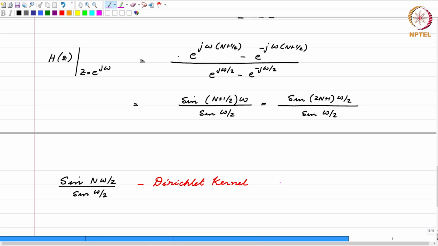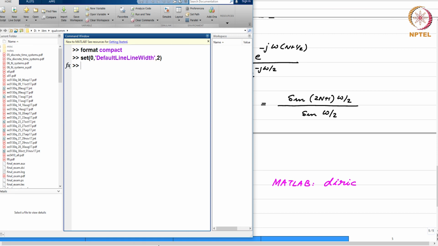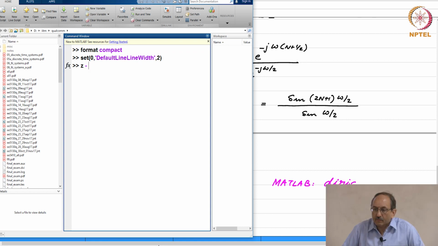And in MATLAB you can look up the command diric, D-I-R-I-C, that evaluates this function, and suppose I set z to be